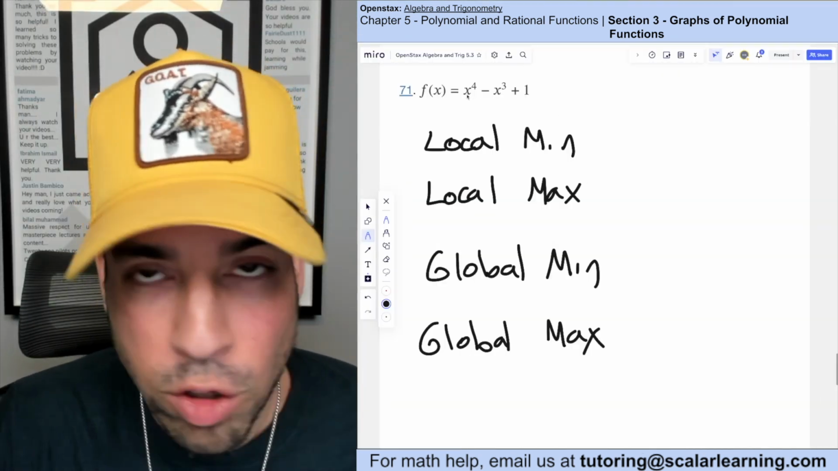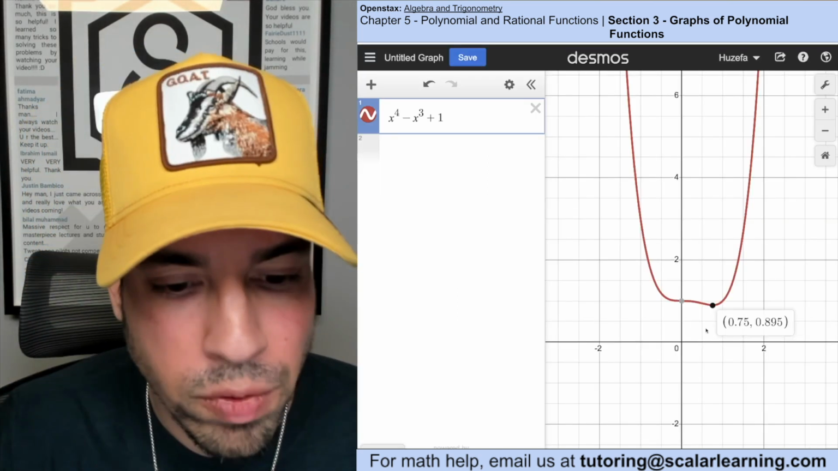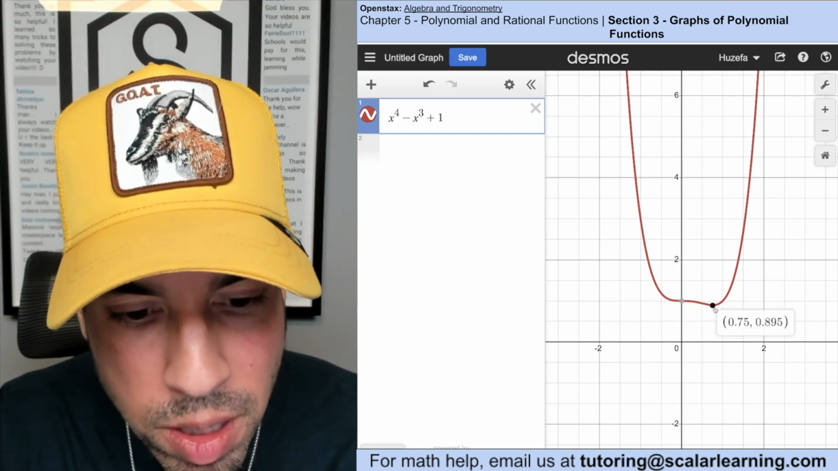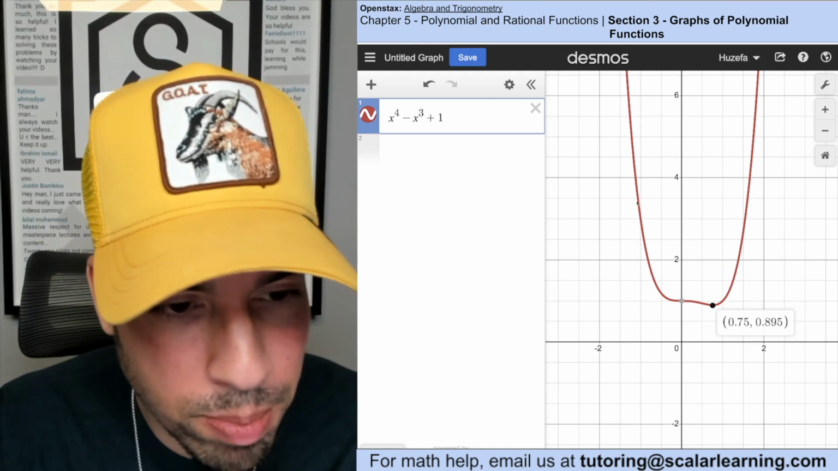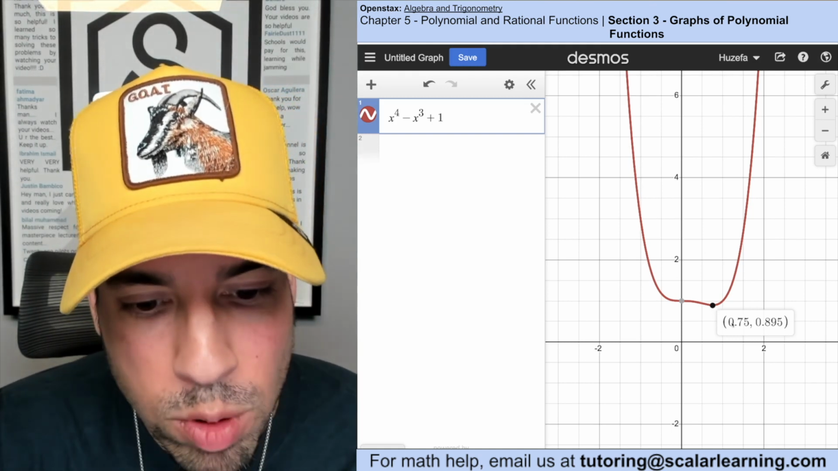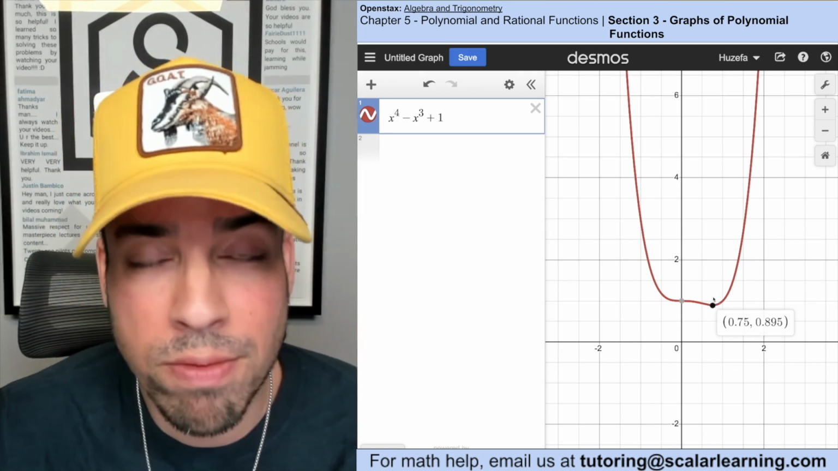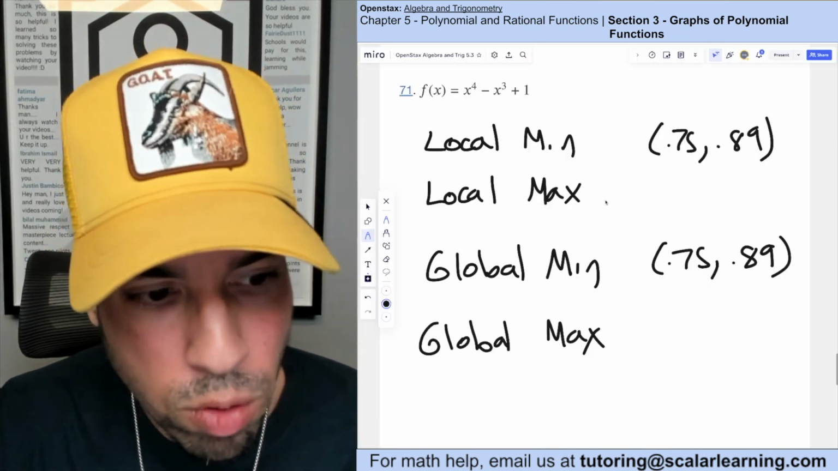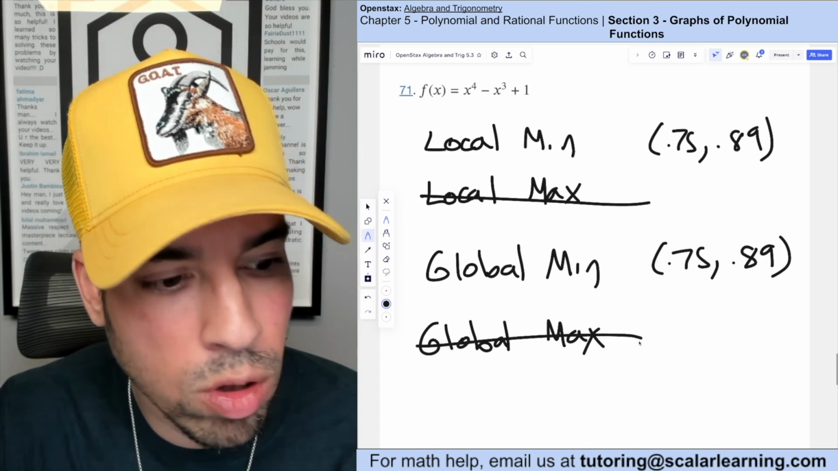For this one, we're going to graph it on Desmos, and then we're going to find each of these values if they exist. So for this one, for a local minimum, we only have the bottom of the valley. We don't have a local max, and we don't have a global max either because it goes up to infinity forever and ever in both of these directions. So it would be 0.75, 0.895. And because this is the lowest point of the function in general, it is also a global minimum. So there we have it, a local min that is also our global min, no local max, no global max,